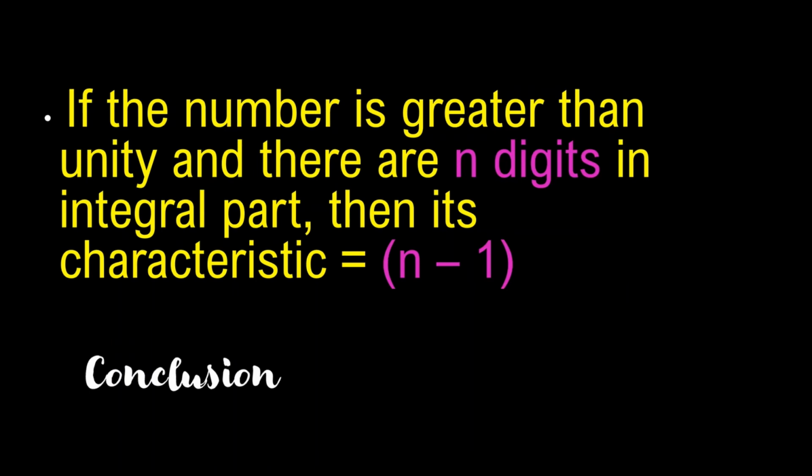Similarly, if the number of digits is 10, for example a very big number, then we can predict the characteristic as 9. So it is 1 less than the total number of digits. One important thing to note here is that the number should be greater than 1. That means whatever the logarithmic argument we are calculating, it should be greater than 1. Now let's see what will happen if the argument is less than 1.